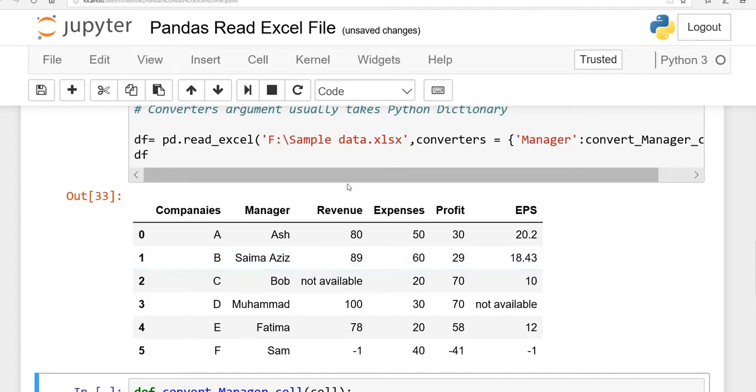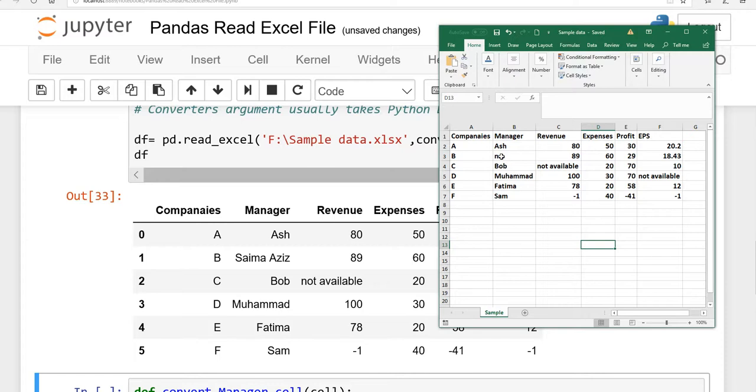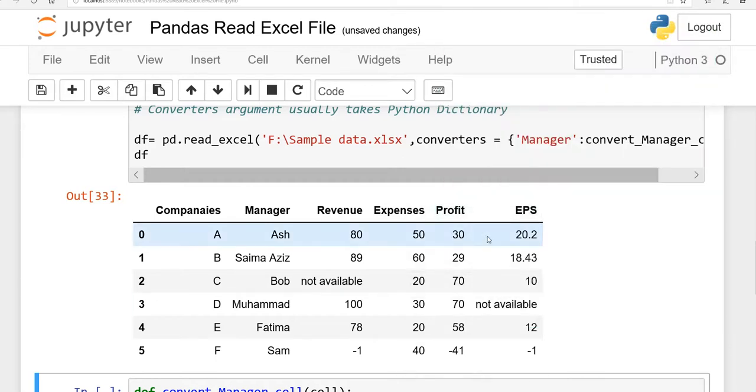Right? Okay, now come to the revenue. I will show you the revenue column, then you have to do the same thing on EPS here. In this way you will learn more. So in revenue we have not available. In the manager column we had NA. I will show you the Excel file as well. Now here is NA, and in revenue we have not available. I say wherever there is not available in the revenue column, make it NaN, because these are messy values. We have to convert them to something meaningful, so when we do data cleaning, it will be easy to understand.